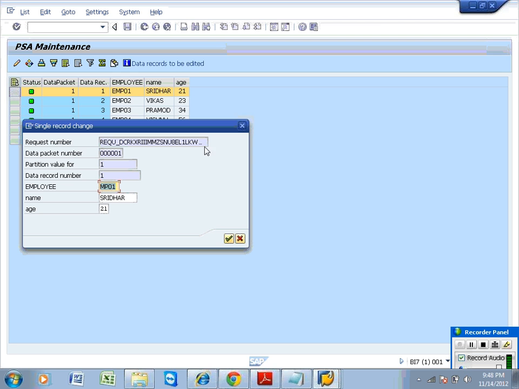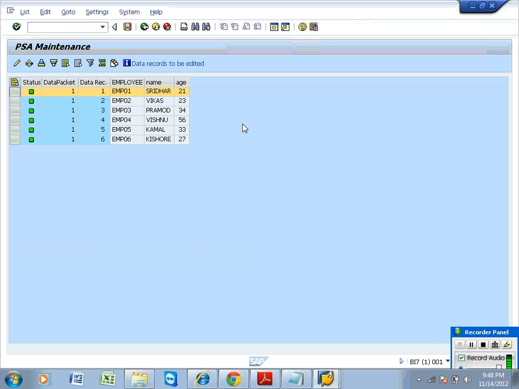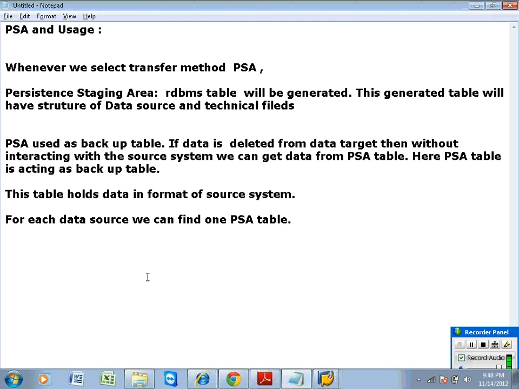Correct? So, if any invalid information is coming from the source system to the SAP BW side, and you want to change invalid information into valid information, yes, it is possible in PSA. That's the reason PSA is used as a filter.